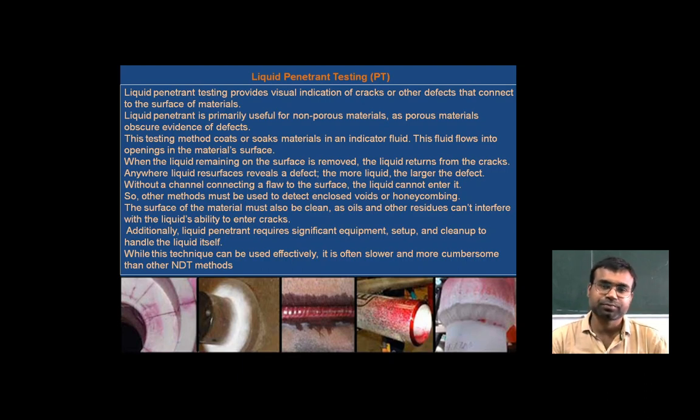Due to capillary action, it will move further upward as well. And that is how we identify, by applying some kind of dust or developer on the material to identify the crack. As you can see in the various figures, we will detail these things.